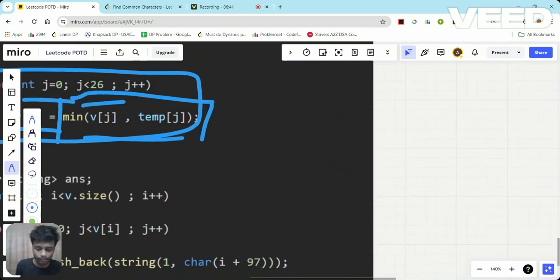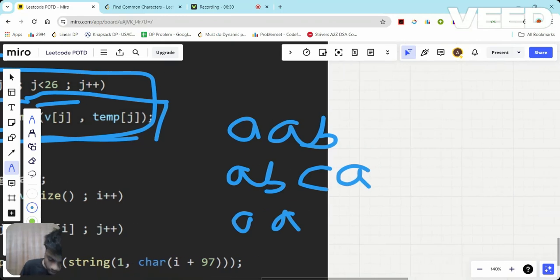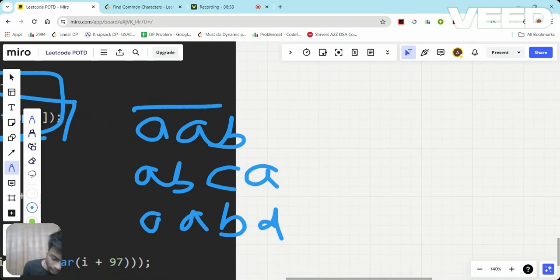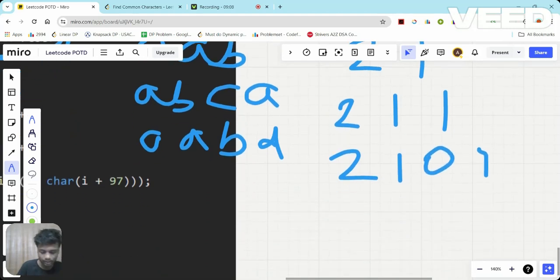Let's say this is the example: AAB, ABCA, and AA. Here the frequency of A is 2, frequency of B is 1, frequency of C is 0, and frequency of D is 0 in the first string.